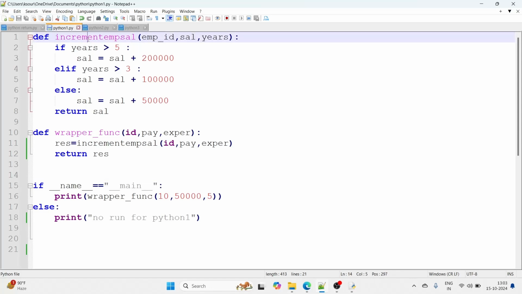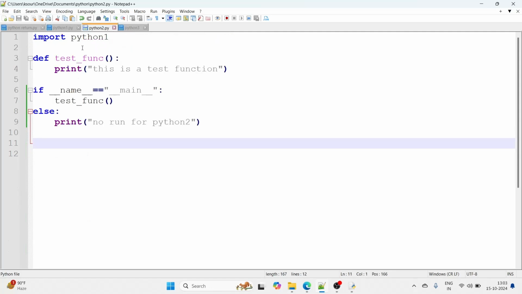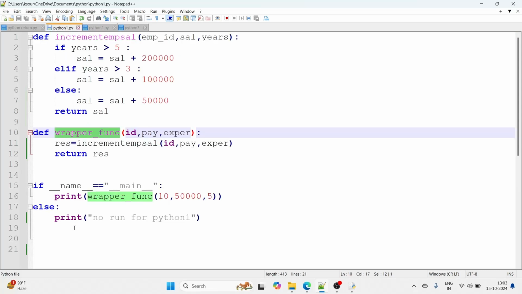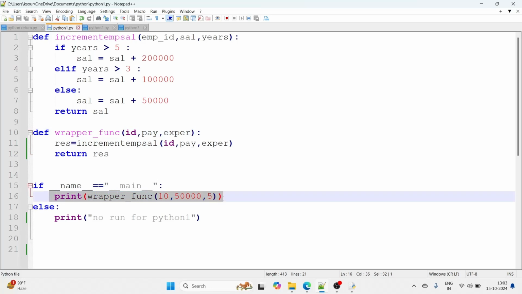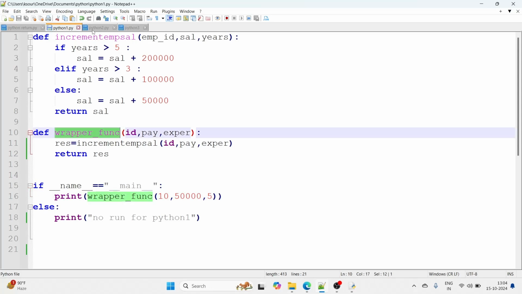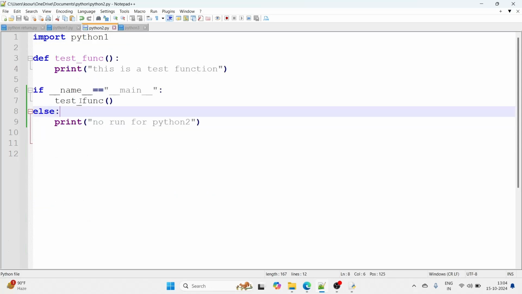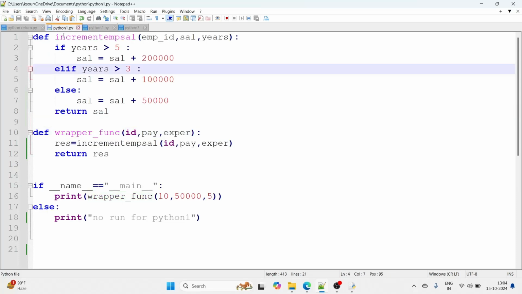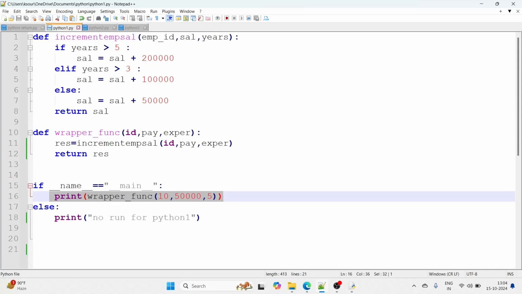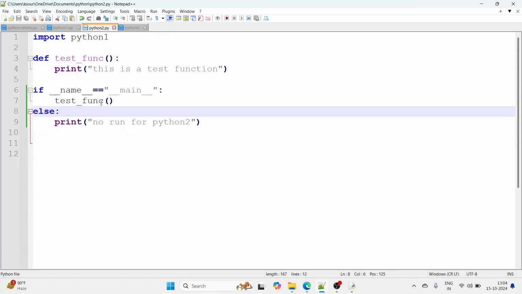Whatever functions Python 1 has, if someone imports Python 1 in Python 2, they can reuse the functions from Python 1, but they don't want this execution to run. They want to do the execution of the wrapper function as they want in their Python 2 script. So if you call Python 1 from the command line, only this will be executed. If I have a Python 2 file,